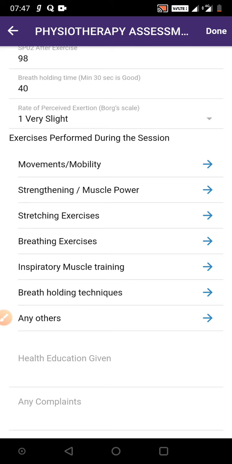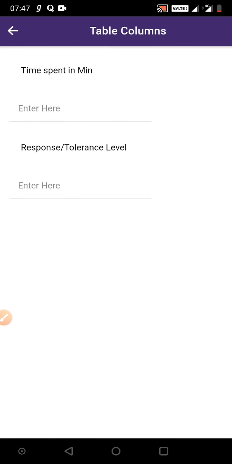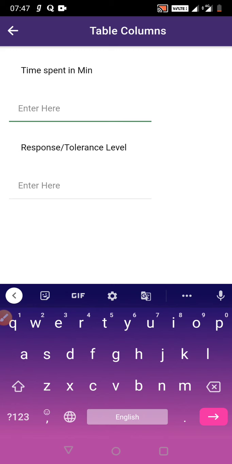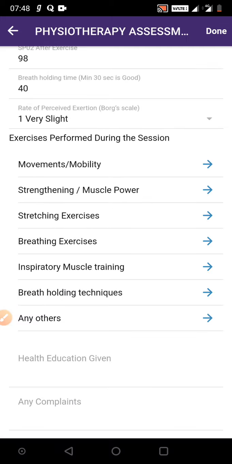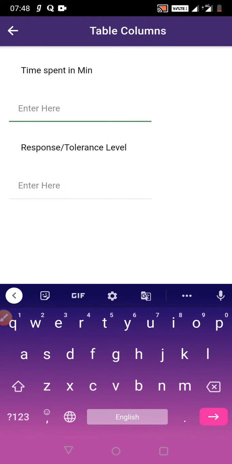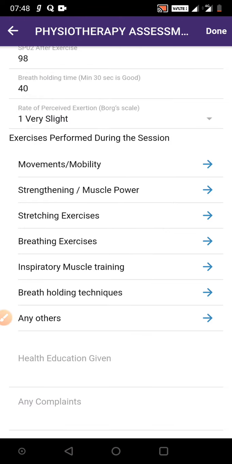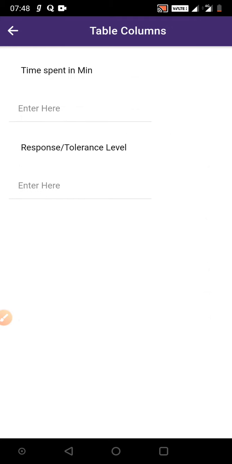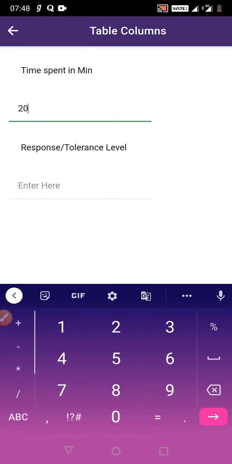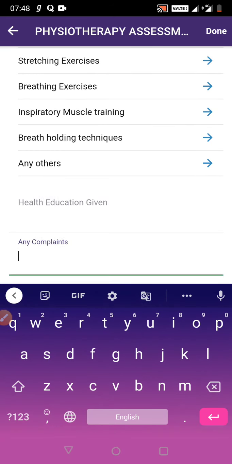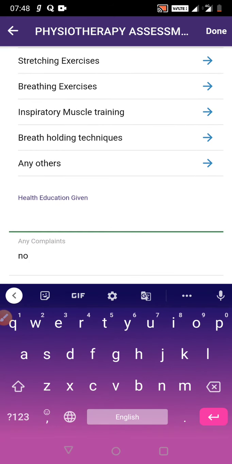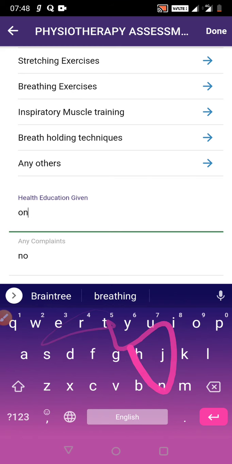Then exercise performed during the session, say like movement and mobility. Like this you need to enter all the exercises if anything has been done, and then any complaints, no, health education on breathing exercise, something like this.